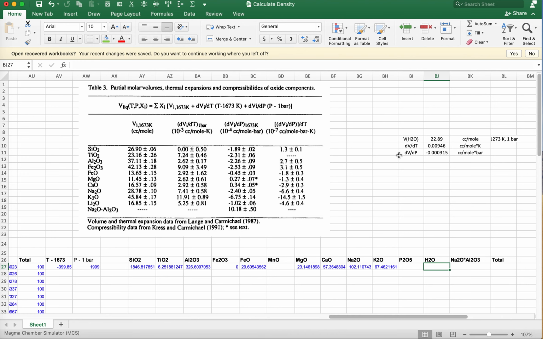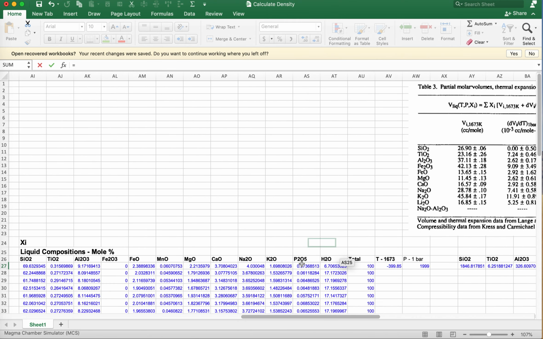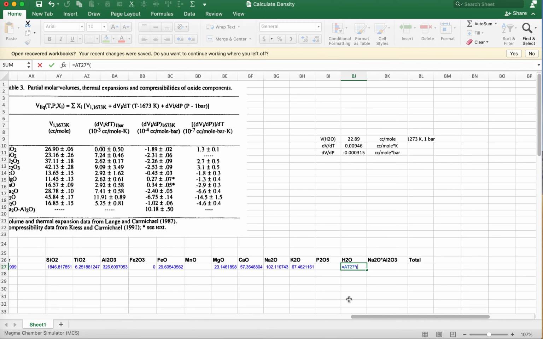They provide the coefficients here, and these are the same coefficients that we've been using, and we'll use it in the same equation. So we'll just enter this together. In Ochs and Lange, they report a value of 22.89 for the molar volume. So we'll take water and multiply it by the quantity of 22.89. That cubic centimeter per mole value is for 1273 K in 1 bar, not 1673. So when we add the dV/dT, the correction here is